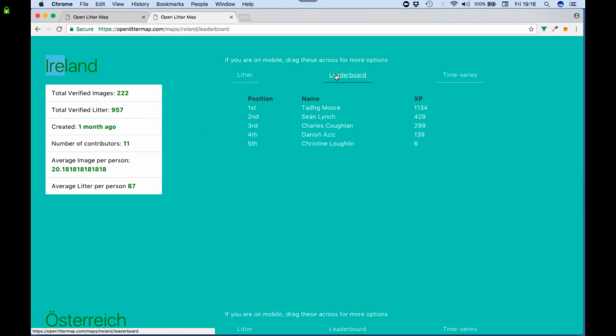And this is a competitive ranking system, which is based on a user's experience points, which you can gain from playing OpenLitterMap. So every time you submit an image, you'll be given 1 experience point. Every time that you add a litter item to an image, you'll be given an experience point, and you'll be given experience points by playing the